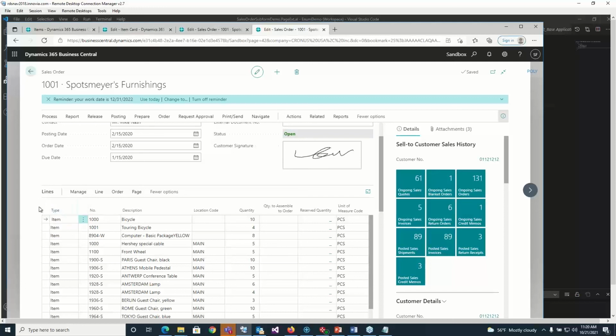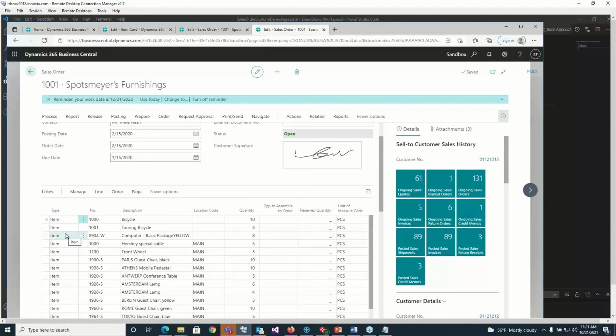So that's how easily you can extend an enum type, like this one on the sales line. Normally what used to happen, there's a lot of code that runs off that sales line type, like in the posting routines and stuff like that. And you used to have to go through and modify a bunch of option types to add in these new options. And now when you change it in one spot, it'll basically change it in all the spots, and then you can just